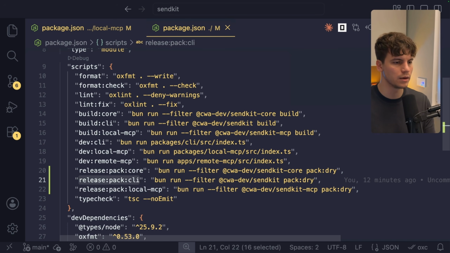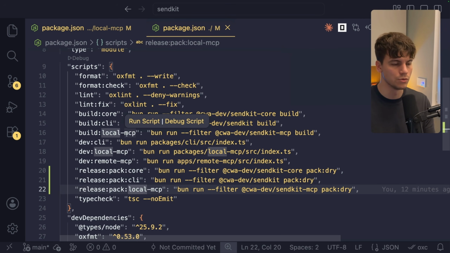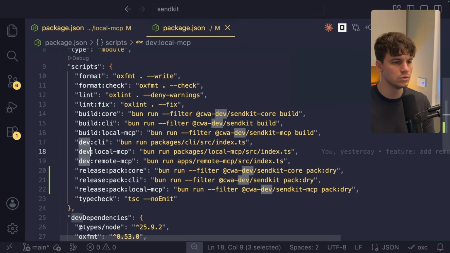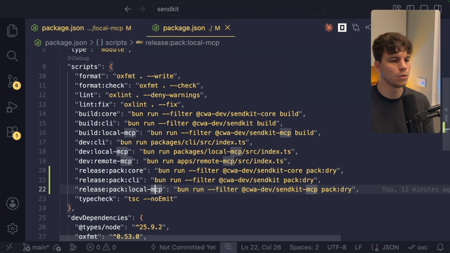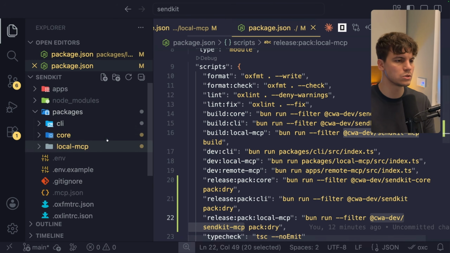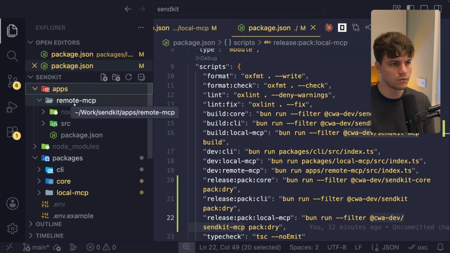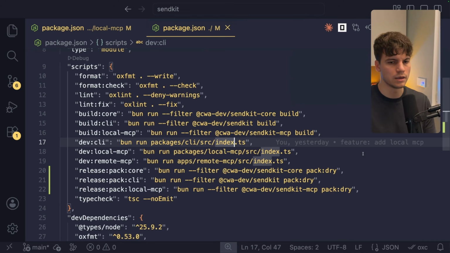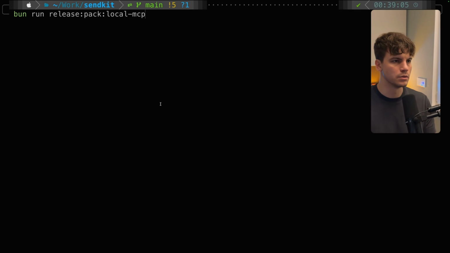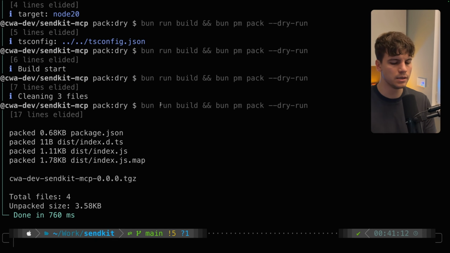Because this semantic right here, release, pack, and then the name of the package, could very well later be for the remote MCP. And since we already do dev local MCP, build local MCP, let's also do release pack local MCP, regardless of the fact that the name is SendKit MCP. So the reason the name here doesn't have local inside is because it doesn't need to. Local and remote are simply aliases for us, the developers, to understand the differences between this folder right here and this folder right here. So let's go ahead and do bun run release pack local MCP,